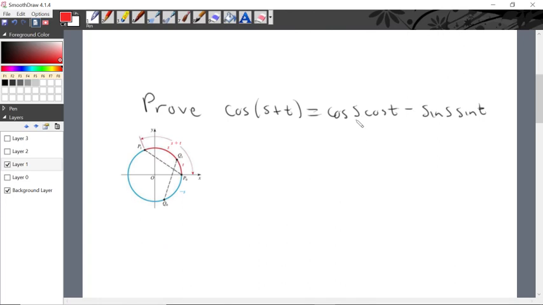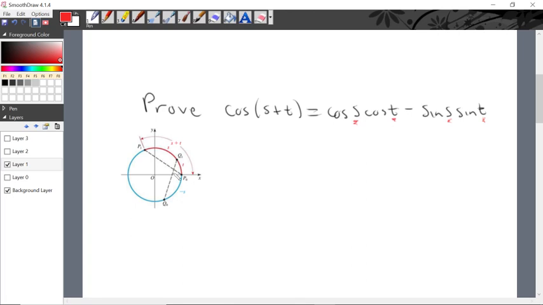We can consider the input of every cosine function, again, as either an arc length on the unit circle or a central angle of rotation. Let's consider s and t to be arc lengths right now for this proof. So, if s is a length, a distance along the circular arc in the unit circle, and if t is also a distance that is not necessarily the same distance as s, also along the unit circle,